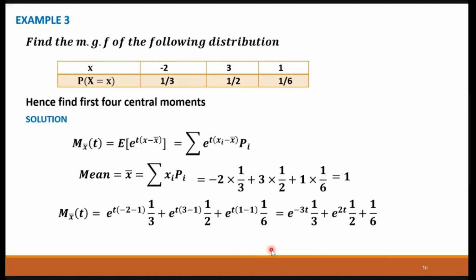We will get directly mu1, mu2, mu3, mu4. तो हमें रॉ मोमेंट्स निकालने के बाद ये निकालने की जरूरत नहीं पड़ेगी। This is much easier if you do it in this form, because we can calculate x bar when we are given this data, ठीक है। तो x bar की वैल्यू 1 हो गई, then we are calculating mx bar of t, now differentiate this with respect to t at t equal to 0, we will get mu1, d square will give mu2, d cube mu3 etc. तो डायरेक्टली यहाँ पे μ1, μ2, μ3, μ4 मिल जाएंगे हमको।